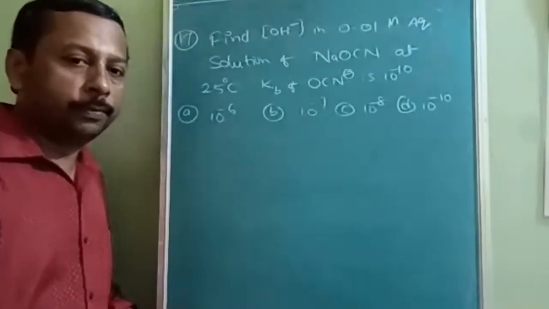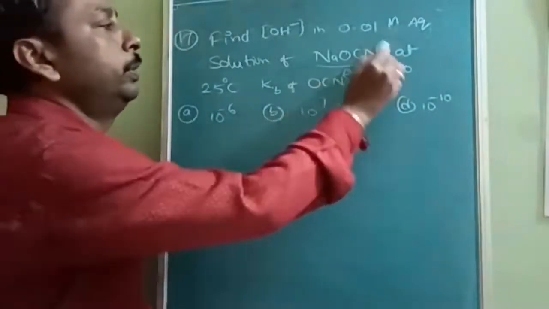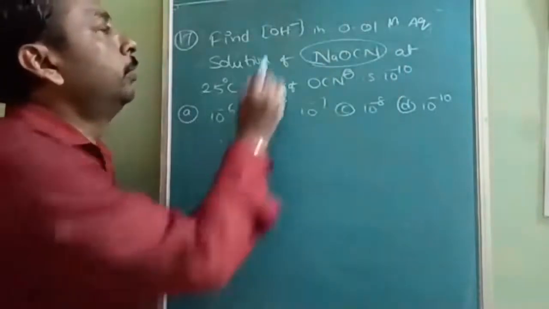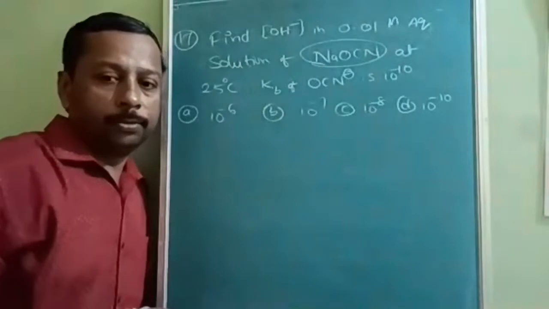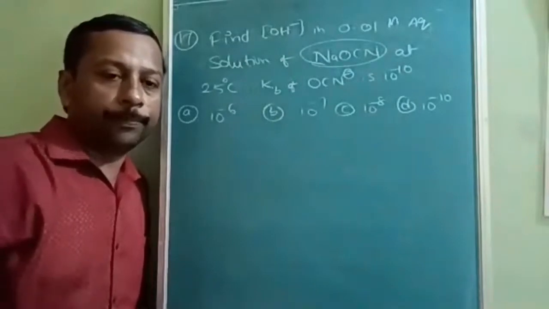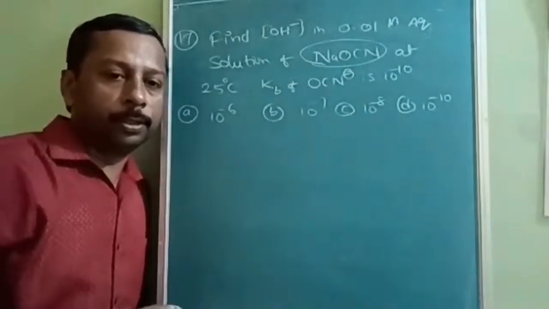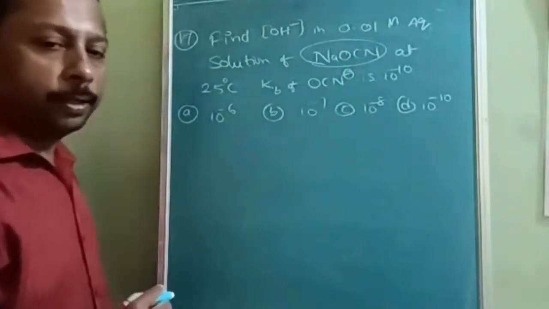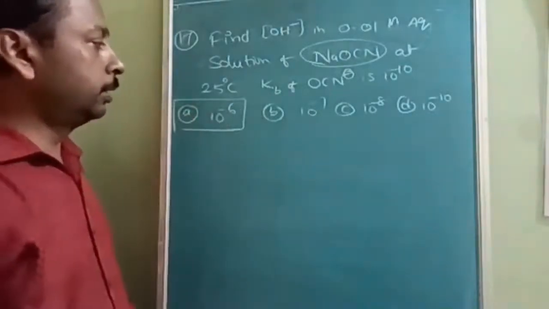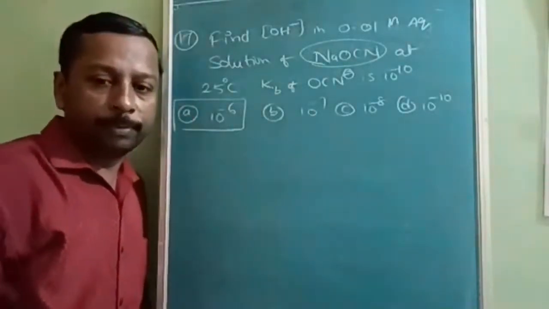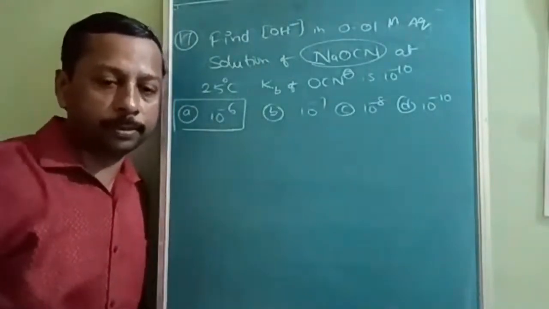Okay, in this question, very simple, direct question, but small twist is there. NaOCl, okay? And what you want to find out? OH minus, okay? First, by using the salt hydrolysis formula, you can find out pH. From pH, you can find out pOH. From pOH, you can find out OH minus, okay? So OH minus answer you will get how much? 10 to the power of minus 6. This is the first question, direct formula, single formula based question.